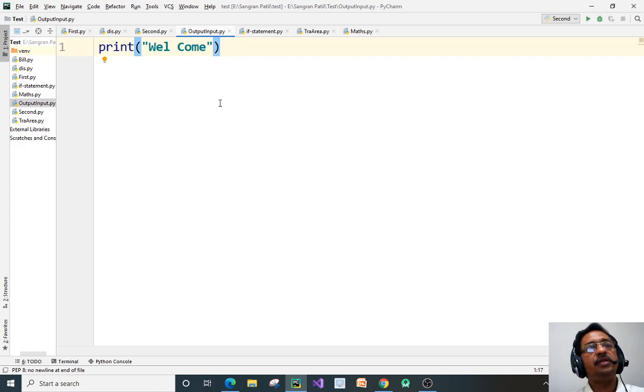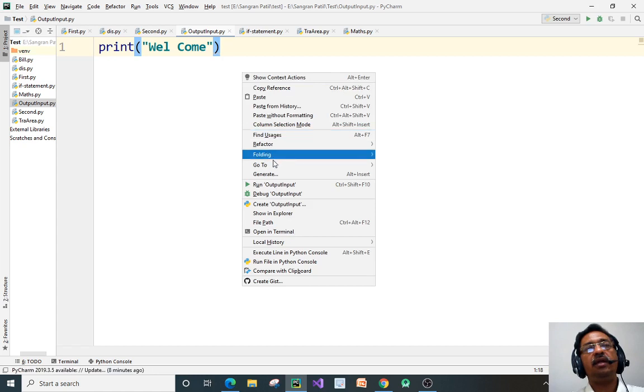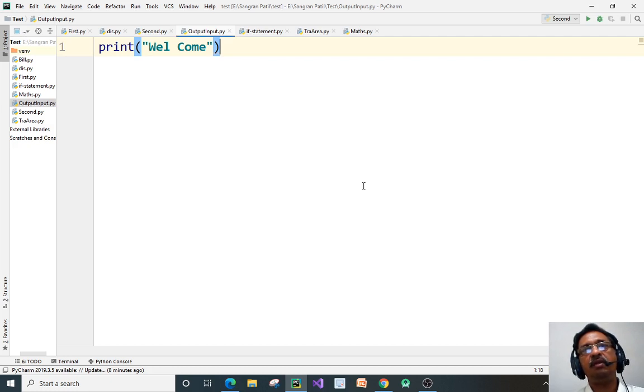Now, to execute the program for the first time, click anywhere in edit mode. This is the editing window, you can say. Right click and then click on Run output input, that is the name of our file, or you can press Ctrl Shift and F10, no problem.